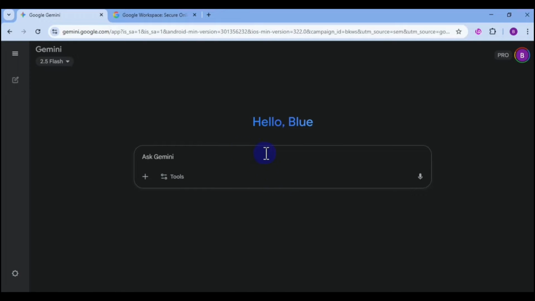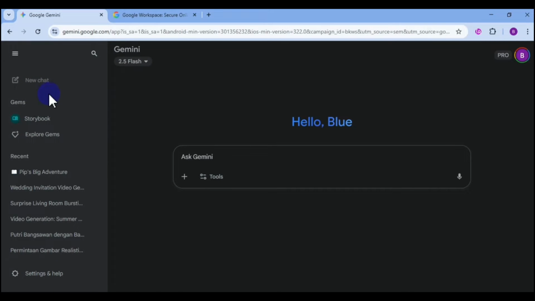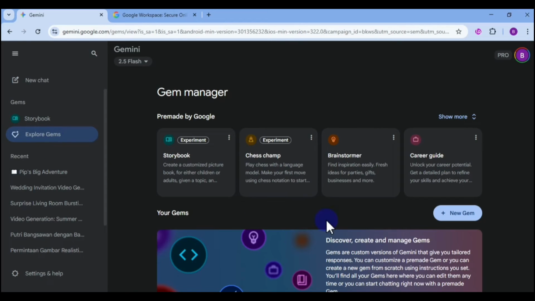And here you can ask Gemini about everything, like to generate content or brainstorm ideas, write code, draft emails, create tasks, and even connect directly with Google Calendar, Keep, and Tasks. To use Gemini, you can also use voice commands, and you can also create custom Gems by just clicking on Explore Gems, and then clicking on New Gem, like templates for repeated